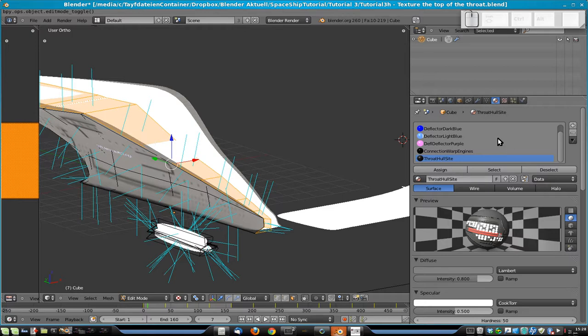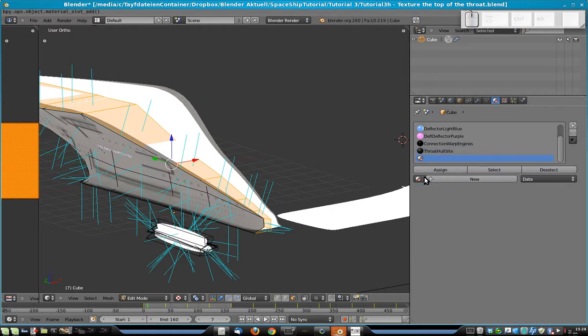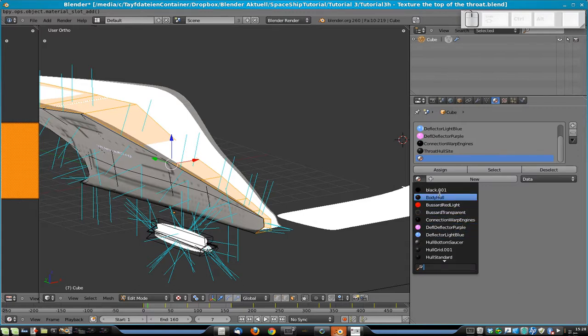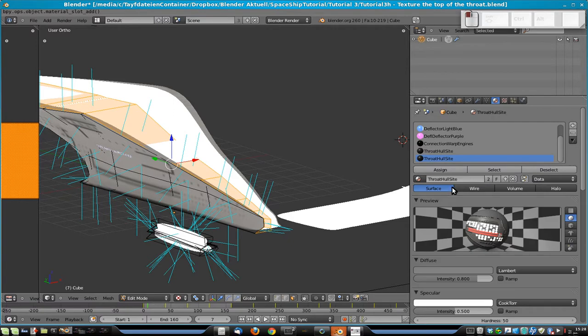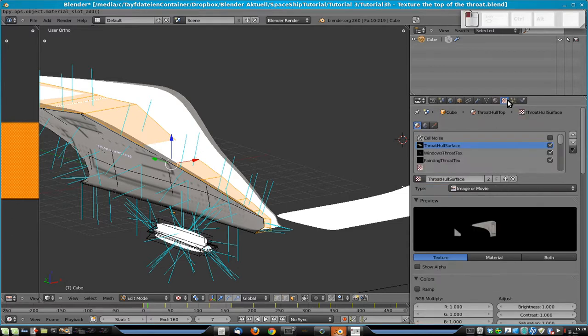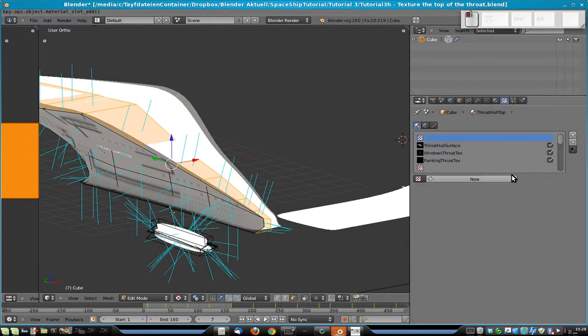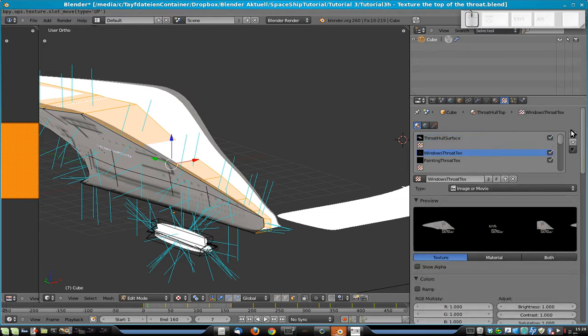Add a new material. Take throat hull side so that it has the same settings initially. Let's make it single by pressing this number 2 button and say throat hull top. This one we can remove completely, so order it a little bit. Throat hull surface, windows, okay, we have to replace all of them,